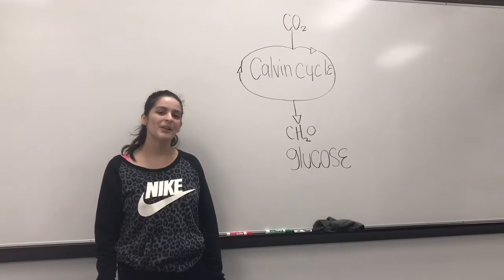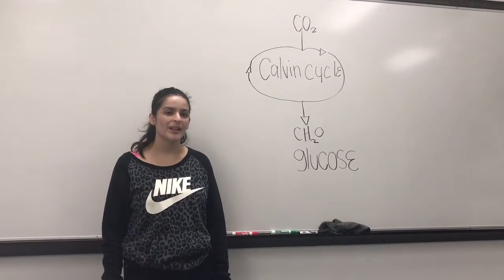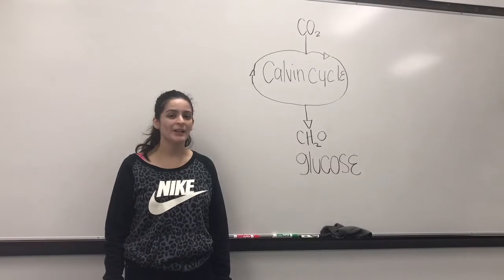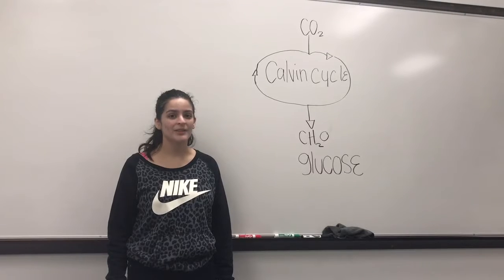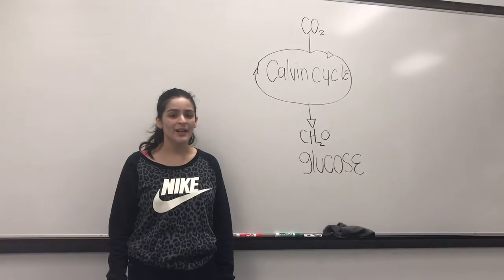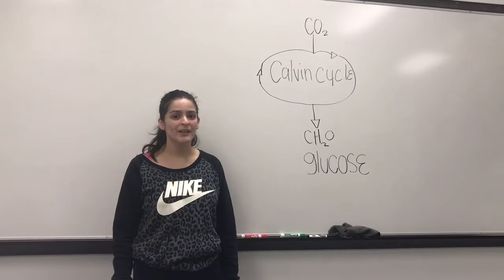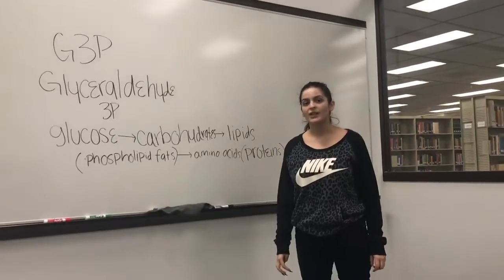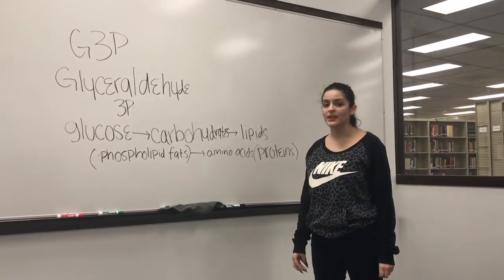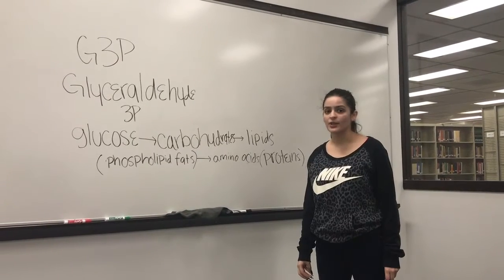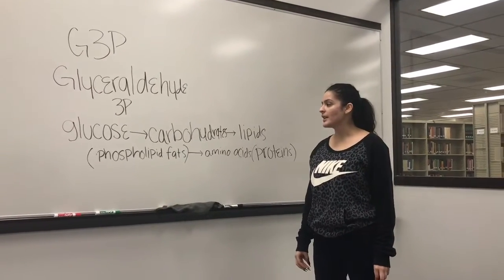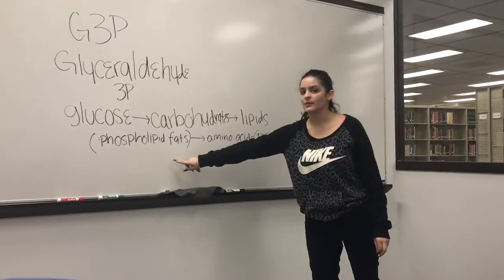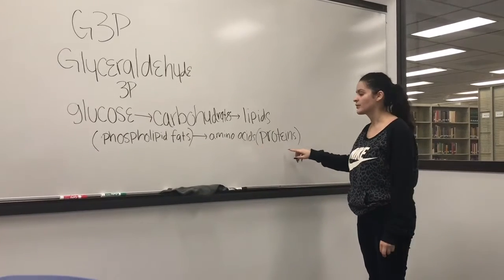You see, these are the metabolic steps in the Calvin cycle, and they are referred to as the dark reactions because they technically don't need light, but they do tie in with the light reactions because the light reactions can only provide the NADPH and ATP to complete the Calvin cycle. G3P, or glyceraldehyde 3-phosphate, is the end product of the Calvin cycle, which is glucose. G3P helps in the conversion of carbohydrates, lipids, phospholipids, amino acids, which are the proteins,